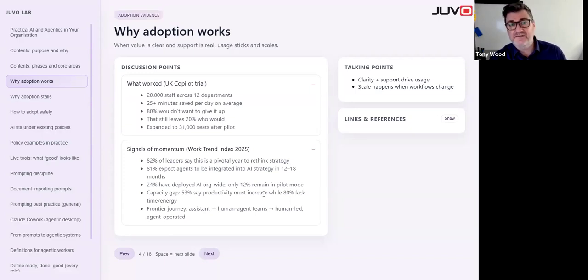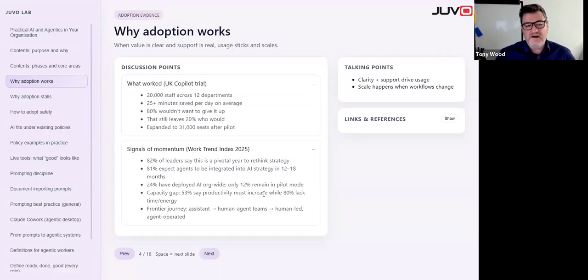If you did the math on that, that's quite a lot for 20,000 employees. Interestingly, 80% said they would never give it up, which means 20% said, I don't need it. That's what I'm interested in, because are those a clue to what's happening in the future? After this study, they extended it to 31,000. So a lot of people are looking to get productivity improvements, and those are going to be the low-hanging fruit, the easy places for us to start.